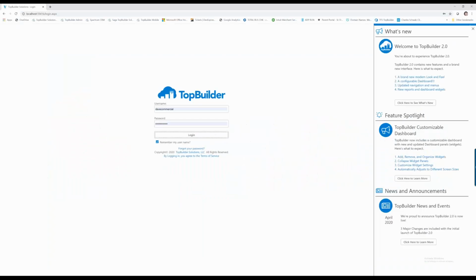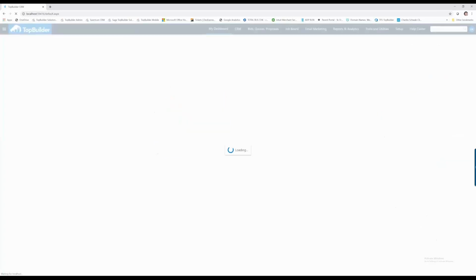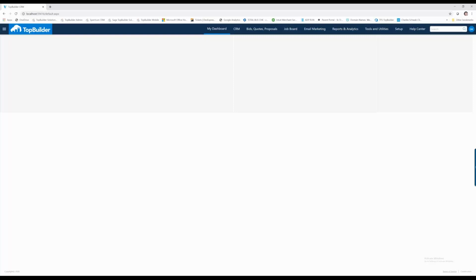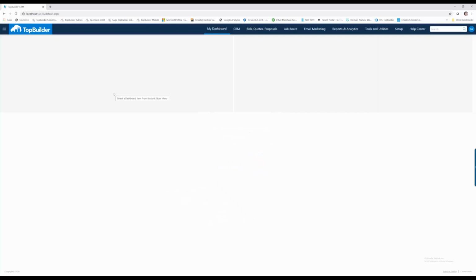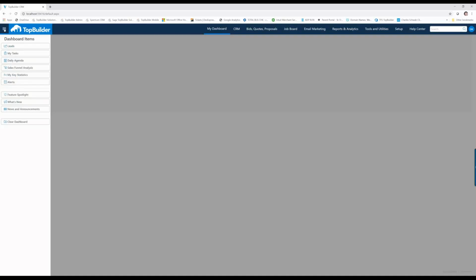So first of all, when you log in, of course, you'll see what's new, feature spotlights, and news and announcements on your login screen. But once you log in, especially when you log in for the first time, what you will see is a blank dashboard. Now, you're going to get this welcome little pop-up, and you can get rid of that if you want to. But to configure your dashboard or set it up for the first time, what you want to do is go to this slide out menu in the upper left-hand corner and just click on the items you want to add